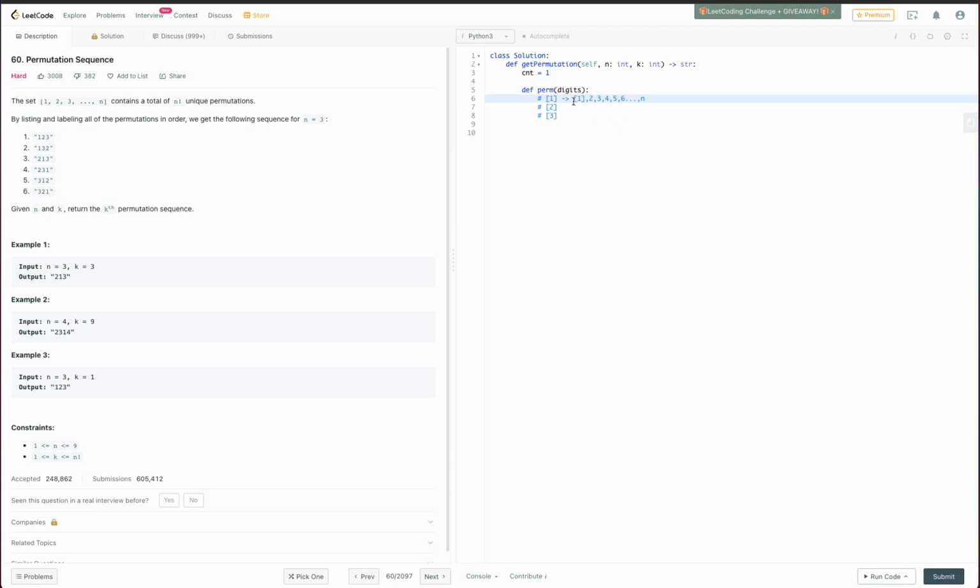And then at the end of the stack, if the length of digits is going to be n, then